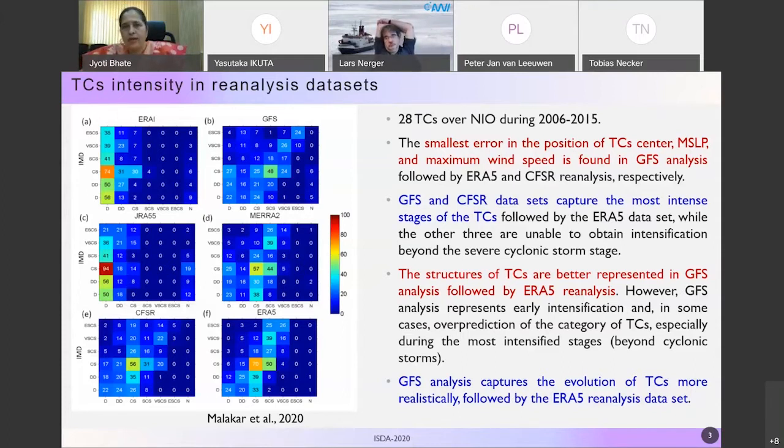What we have observed is that GFS and CFS are able to capture the most intense stages of tropical cyclones, followed by the ERA5 data set. The structure and intensity are better represented in GFS analysis, followed by ERA5. You can see here ERA5 has represented cyclonic storm and severe cyclonic storm better than the other reanalysis. Even in CFSR, it is better represented. And GFS analysis captures the evolution of tropical cyclones more realistically, followed by ERA5 reanalysis. So having this background,